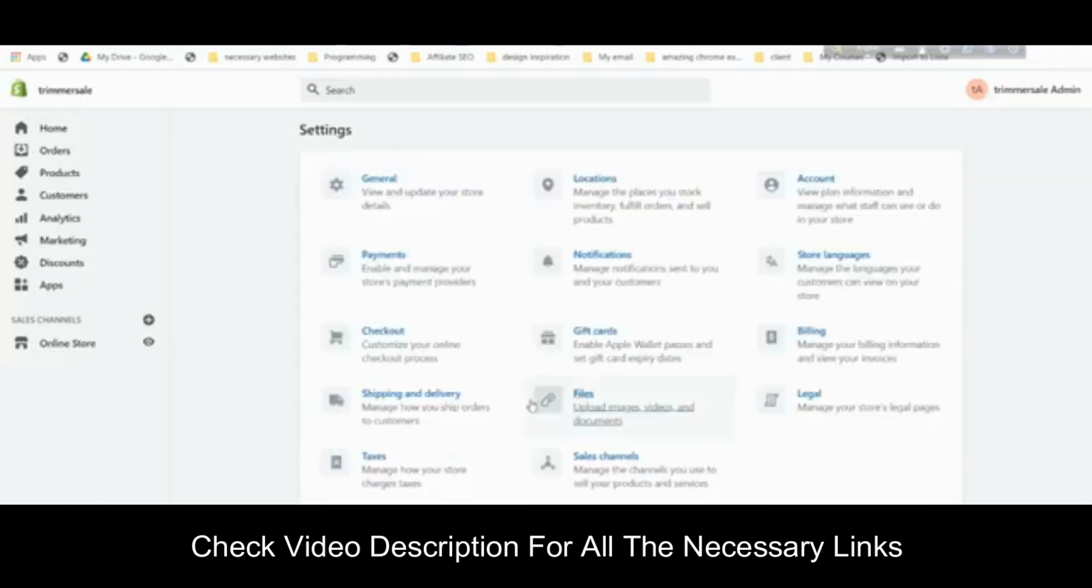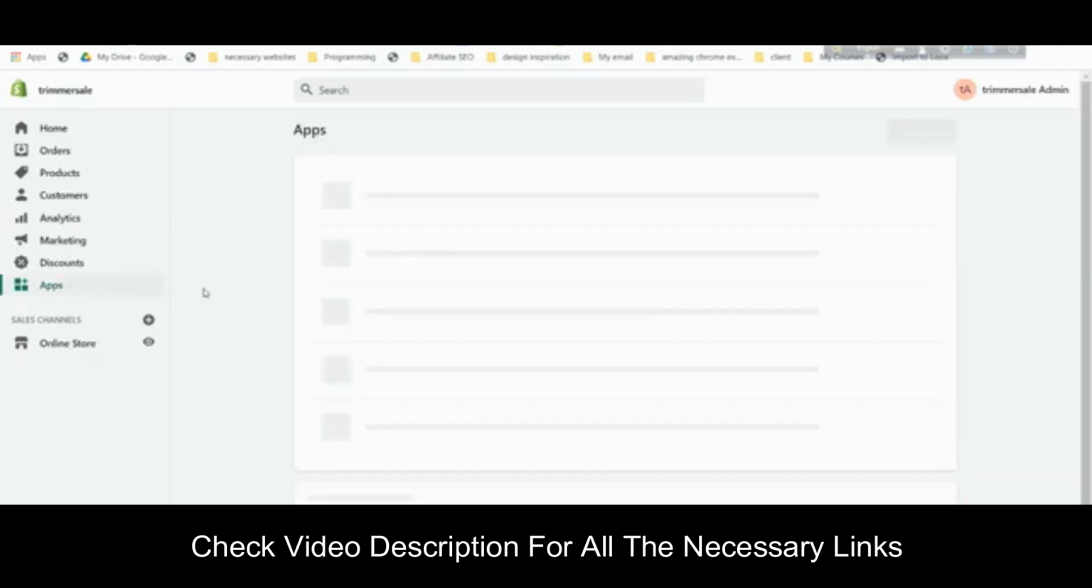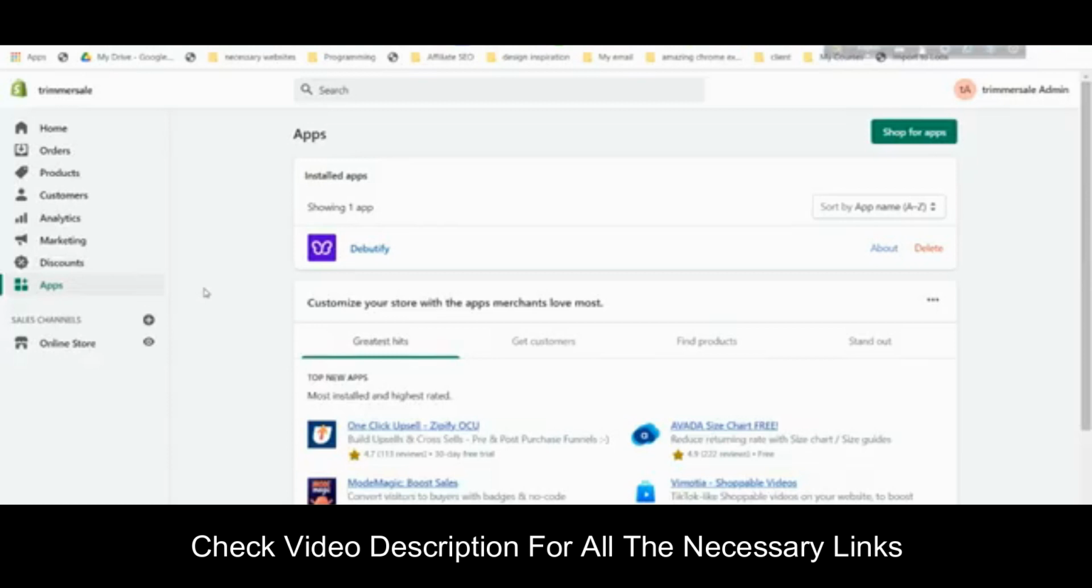And the last thing we will do, we will add a few reviews in our store, a few more social proof, so this has the real vibe in our store. To add reviews in our store, we will add a popular Shopify review app called Loox. To install Loox, you will find a link in the description. Just click on the link,